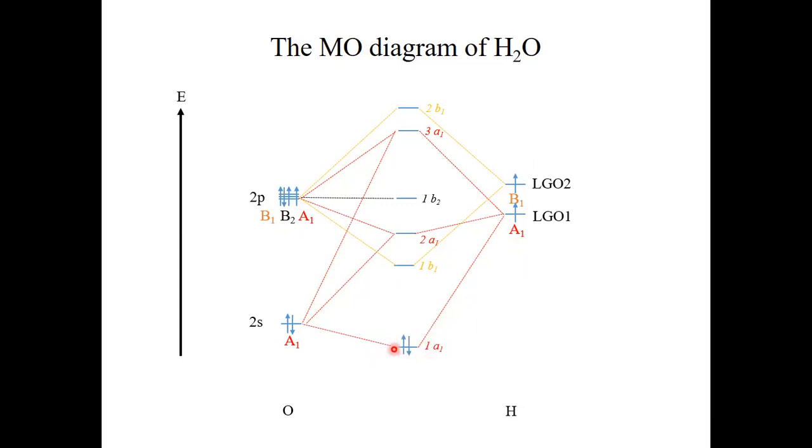Okay, so that fills this one. It fills the 1b1, and it also fills the 2a1. And finally, even the 1b2. So this one here will be our highest occupied molecular orbital. The 3a1 will be our lowest unoccupied molecular orbital. So now we are really finished with our molecular orbital diagram, but what's insightful now is to compare the molecular orbital diagram picture of the bonding inside of the water molecule